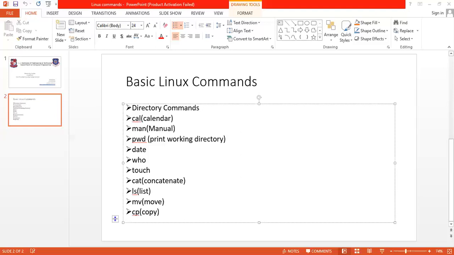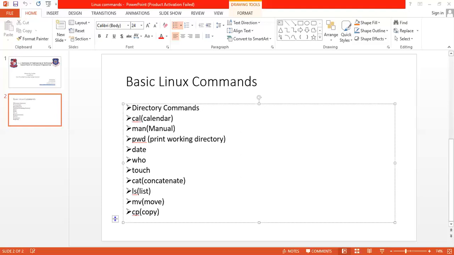This is one special operator known as the standard output redirection operator. We are not using mathematical terms here. So, cat, the redirection operator, and then you write the file name that you want to create.